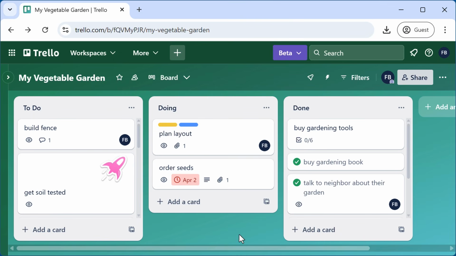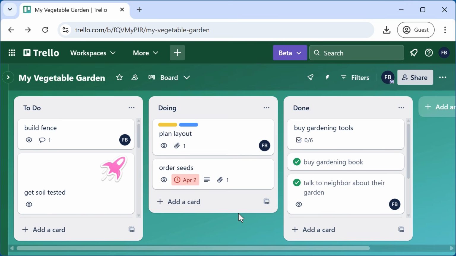If you're using Trello in a team setting where there are multiple people working on the board, you will probably find it useful to have a way to see just the cards that are assigned to you. There are a few ways to do that. One is to look for your initials. Here are mine, FB. I can see my initials on several of the cards. I know that I have a role to play in getting these cards done.